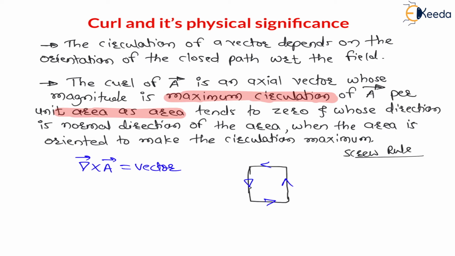Therefore it is coming outside like this. Therefore this will be the direction of this vector field. This is the direction of this curl, right? If it is rotated clockwise, then it will be inward, right? In this board, in your notebook, you can see and understand.